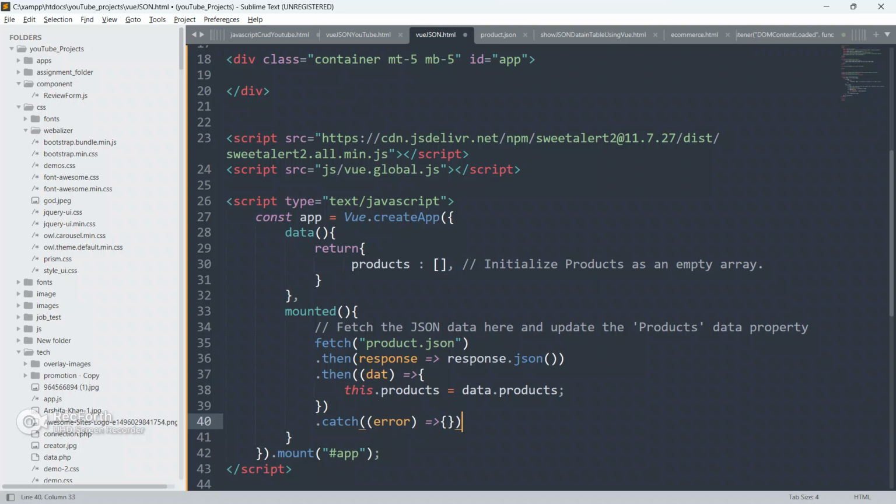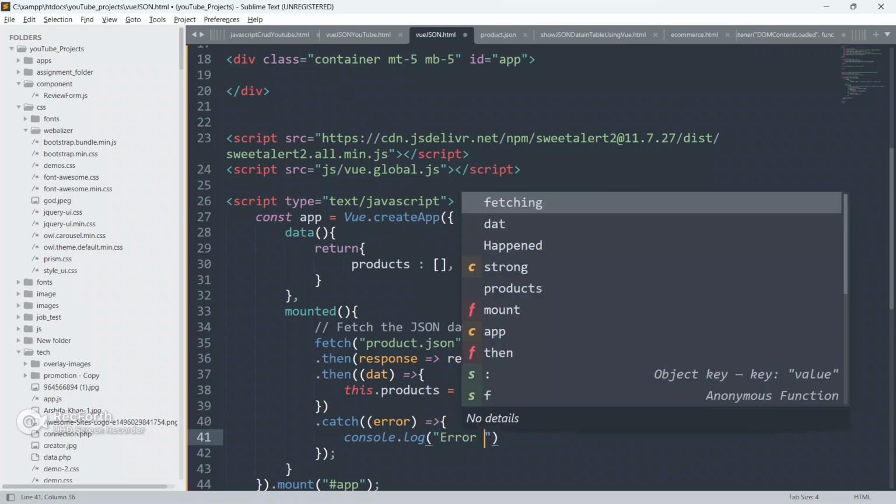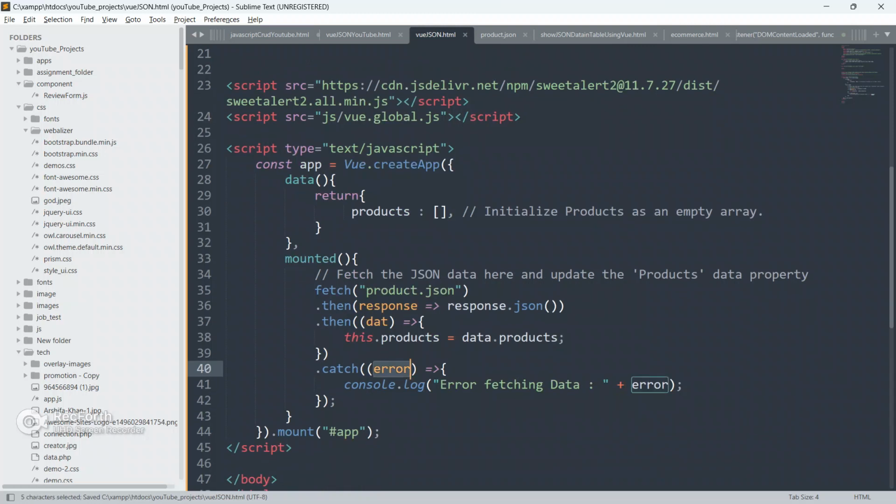I'm also going to use a fat arrow function, and I will do console dot log, error fetching data, colon, and here we will append the error object. Paste it here and close this, or we can do append.